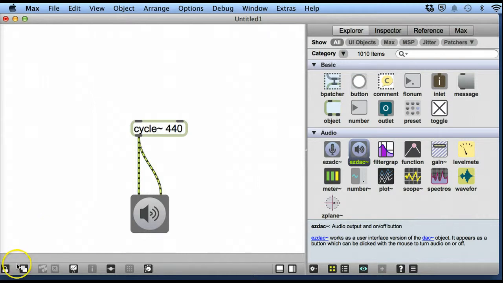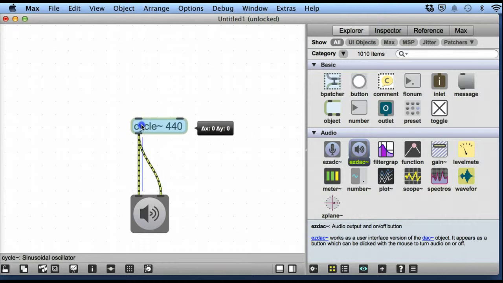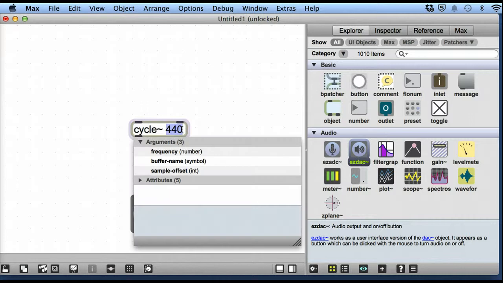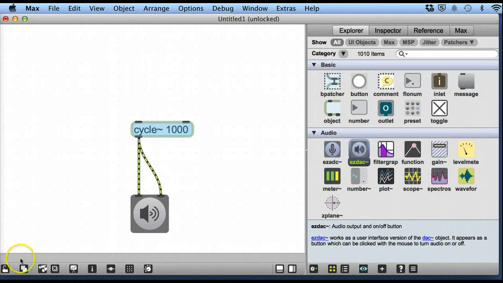So if I want to edit this, I unlock, make sure that's unlocked, and then I can change things like position, etc. So if I wanted to change the frequency that this cycle object works at, a slow way of doing that is I could change this number. So we'll make that 1000 and press return. And then now if I press lock and then start the audio system,